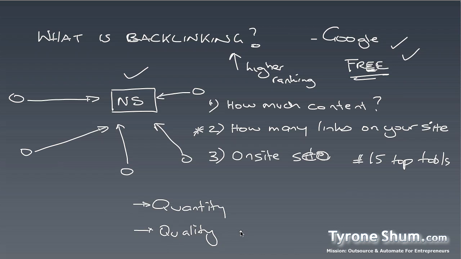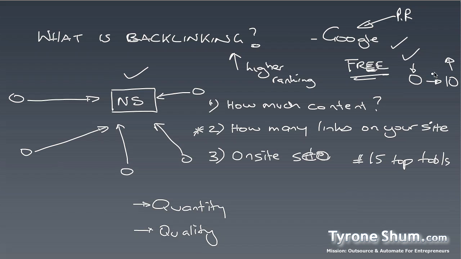What do I mean by quality? Basically, if you look at any site that's out there and it has, for example, a PageRank, which is just a term that Google uses, which in short terms is PR. It's just like a little metric that describes what Google ranks your site as being. So if you don't know what PR is, a 0 is usually a very low ranking, a 10 is extremely high ranking. So if you sit anywhere in between there, ideally between 5 to 6, it means that your site is a very high authority.